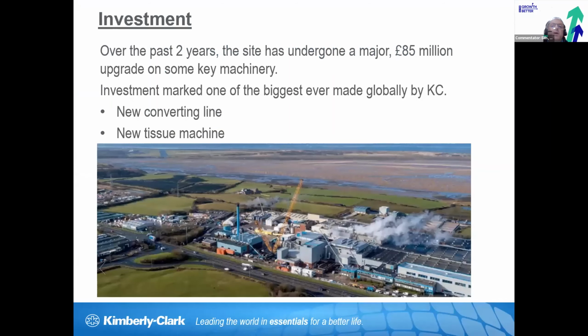So over the last 2 years, we've made a huge investment of £85 million, particularly on one project. It probably goes up to more like £100 million in the last 2 years across site as we've changed our footprint, and that's really by putting in an extra converting line, a high efficiency but higher speed line. But more importantly, we replaced 2 old tissue machines with 1 new tissue machine, and tissue machines